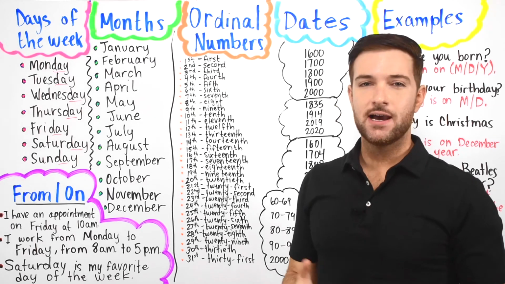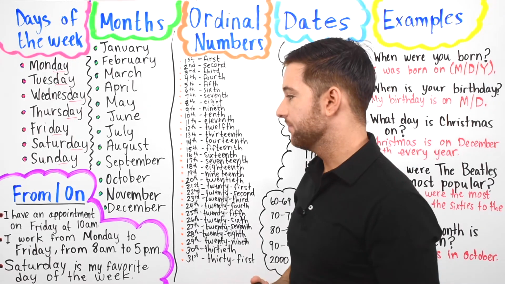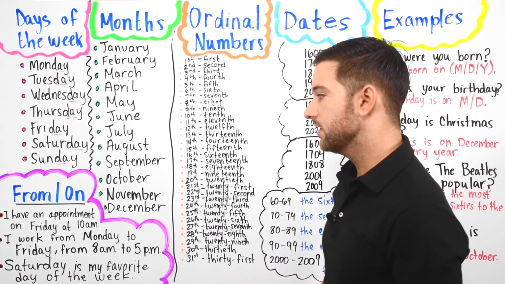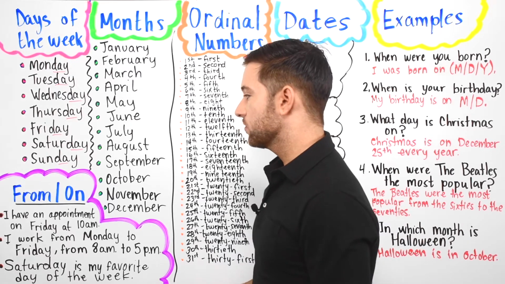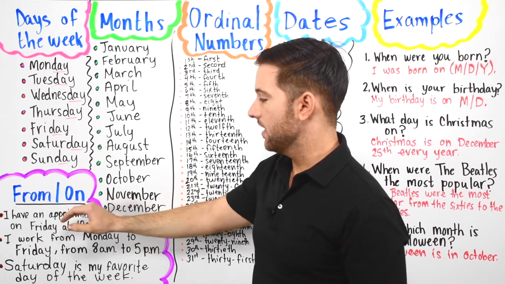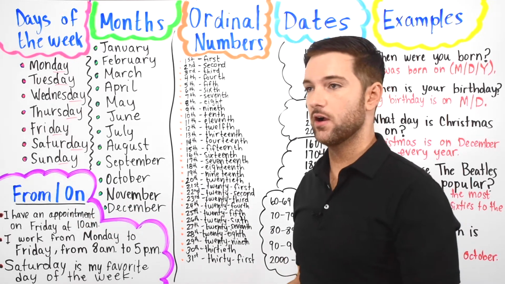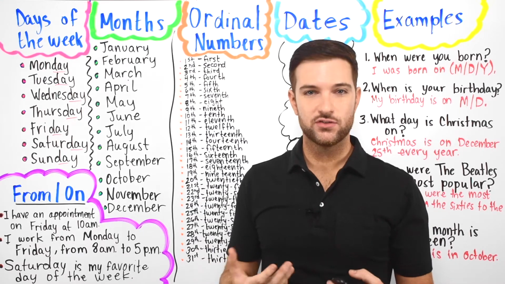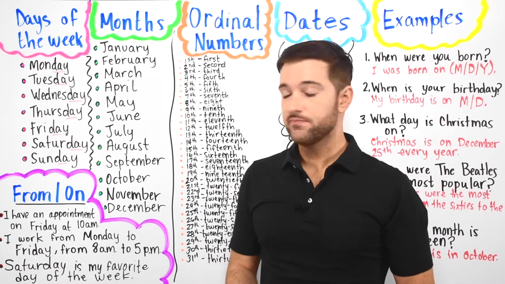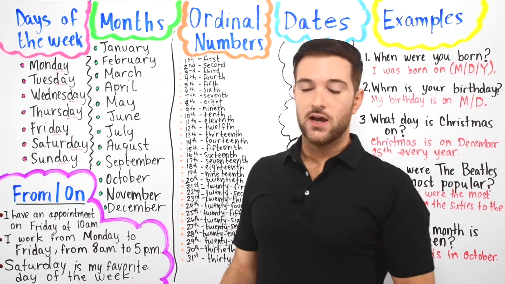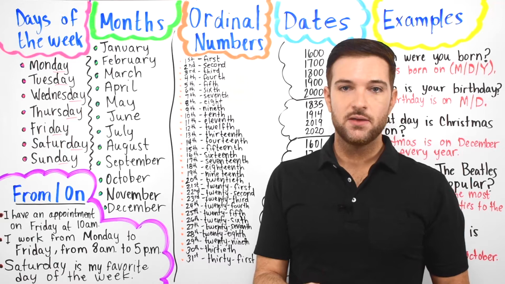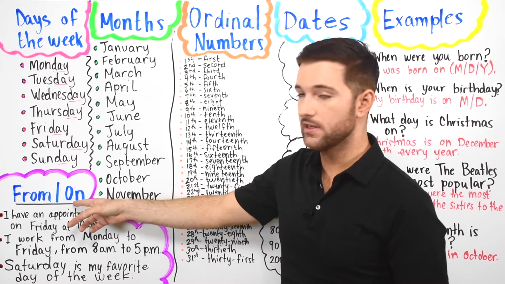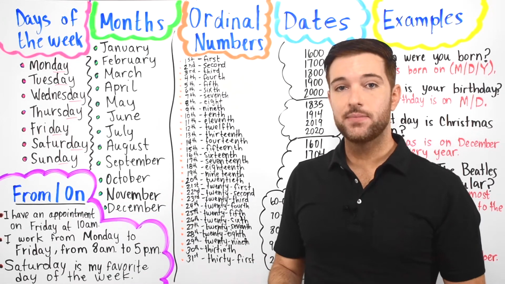Now, oftentimes when we talk about the days of the week, English speakers use 2 words, okay? We're going to use these words today. The first word that we use is from, and the second word that we use is on. So from and then on. We use these to talk about time when we need a reference for time. We use from to show a point in time when something begins, when something starts. Okay, and then we use the word on right here to specify when something happens on what